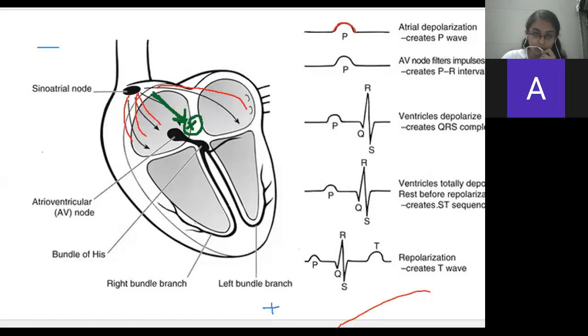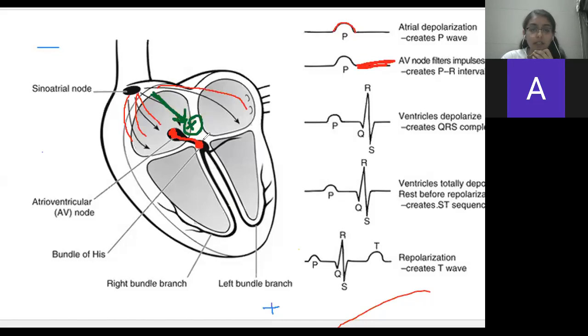atrioventricular node, the AV node at the AV septum. Here, the arrangement of cells is such that the current conduction is very slow. It is so slow that it takes a little time to reach from this part of the AV node to this part of the bundle of His, because of which you get an isoelectric line. The transfer is so slow that the machine on our skin cannot detect this transfer of current, and that is why you get an isoelectric line. There is no deviation.